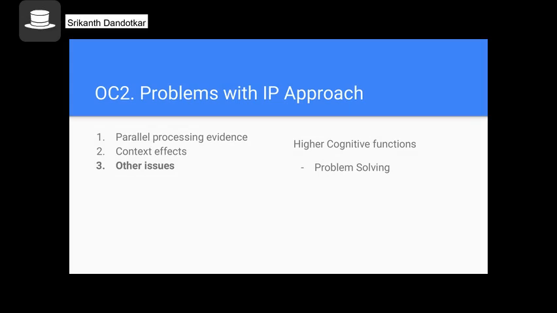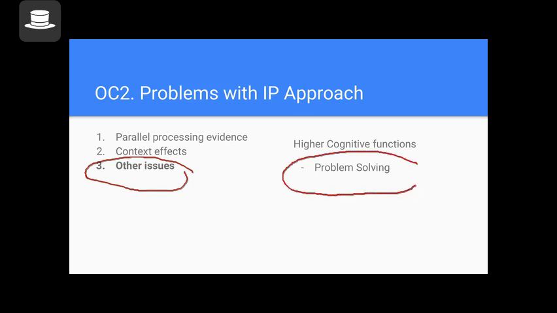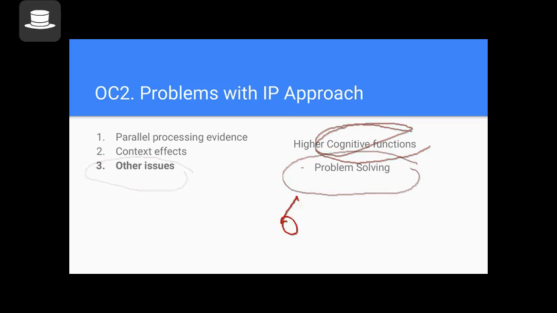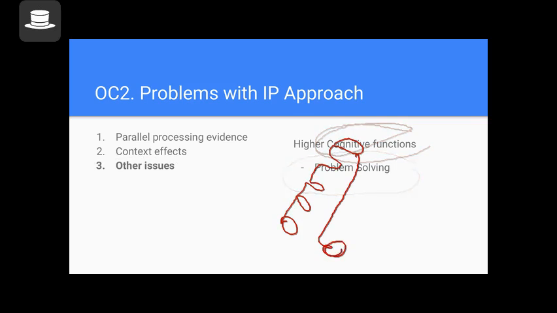Now, there are several other issues. The commonly discussed issues are that when you think about higher cognitive functions like reasoning and problem solving, it is hard to explain, assuming that you process information sequentially and that later stages would not influence the earlier stages. Because you do multiple things at the same time, or multiple kinds of things at the same time, if not a given thing. For instance,